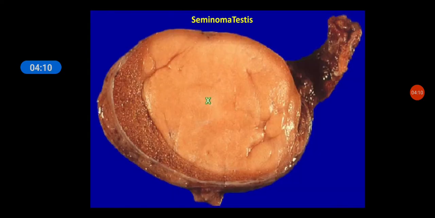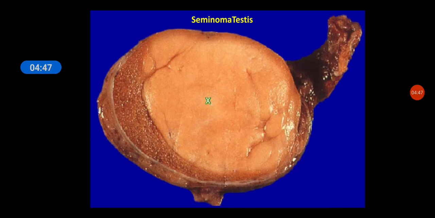Fine. The next topic of discussion is seminoma testis. Seminoma is usually a germ cell tumor seen in the third decade, that means around 30 to 40 years. This is not a theory class, but I'll brush over what is important for you. There are three types of seminomas: the classical one, spermatocytic, and anaplastic. Of these, classical is the most common one, right?